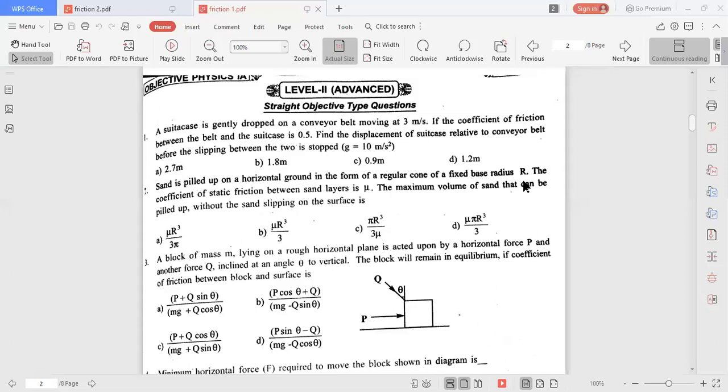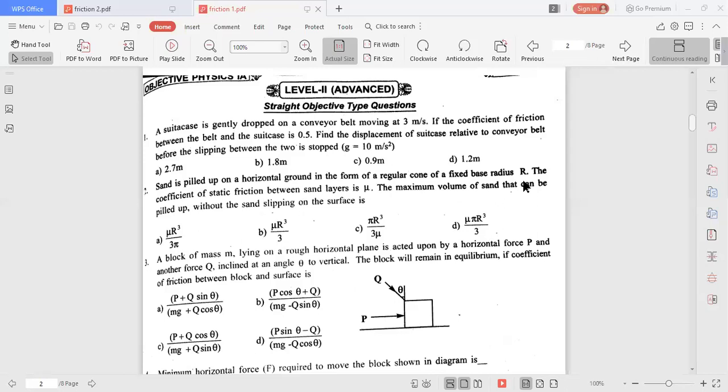Here, what will be the coefficient of friction they asked? Here, F acts in this direction. Even though the block is under equilibrium, the block being under equilibrium means definitely the total force acting on the block along the horizontal direction must be balanced by this friction. Particularly, they did not ask whether it is static friction or like that, so you have to take the limiting friction only. FL is equal to F. It is under equilibrium.